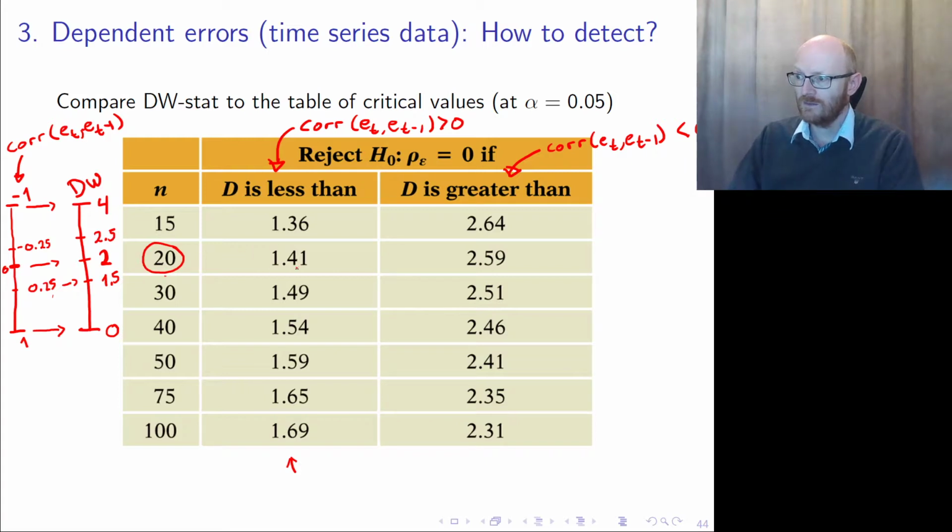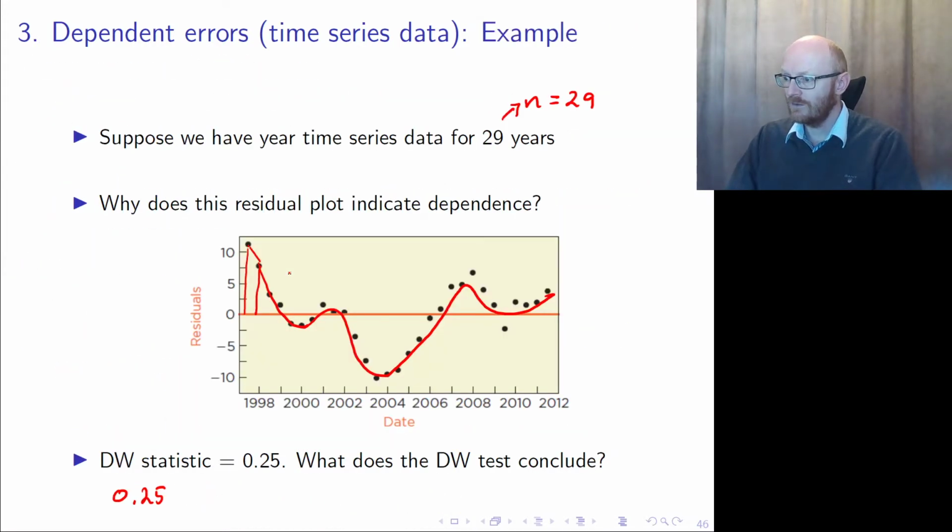So we are using the critical value of 1.41, and we see that our Durbin-Watson statistic is lower than 1.41,